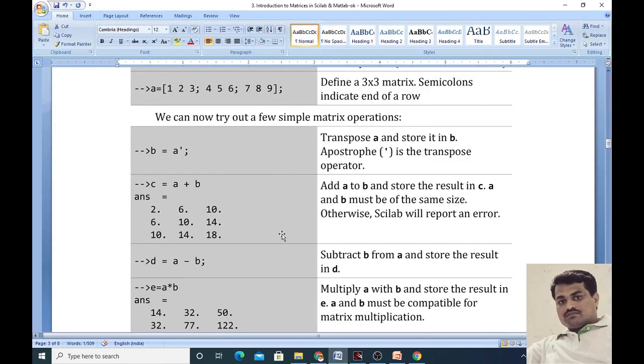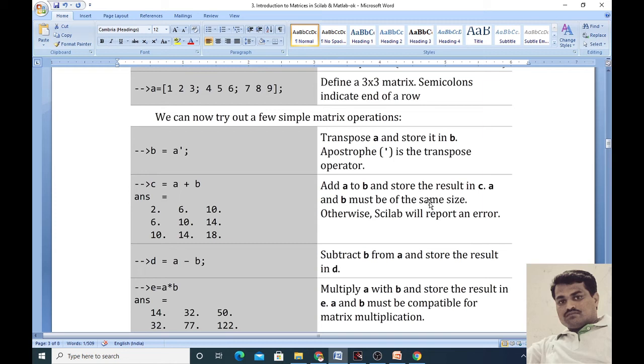It means that for the addition of two matrices, to add matrix A to B and store the result C, matrices A and B must be of the same size. Similarly, we can get the result in case of subtraction.